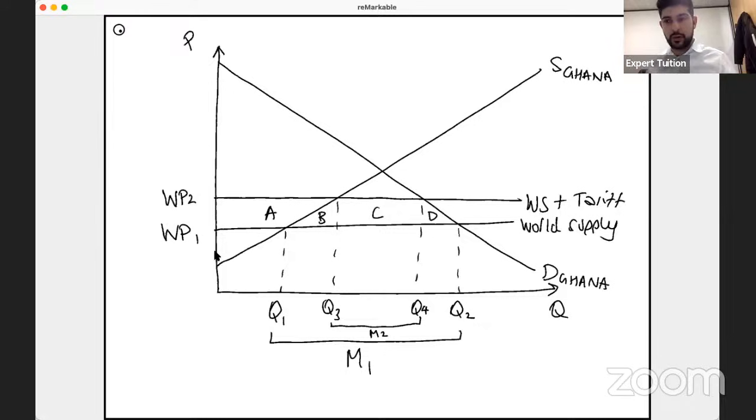There are 3 players in any economy. There's a consumer, there's a producer, and there's the government. Consumer surplus. Let's start with that. Consumer surplus, as I'm sure you know from your revision for the paper 1 exam, is the